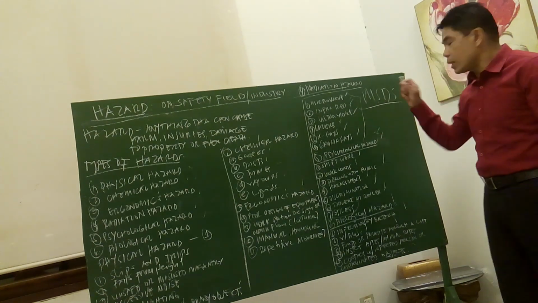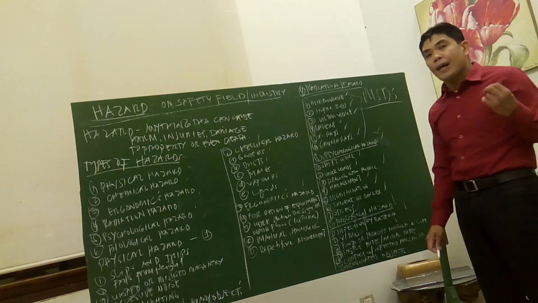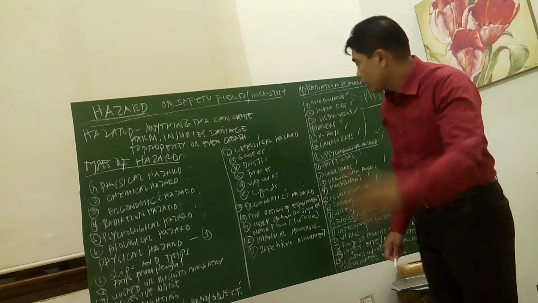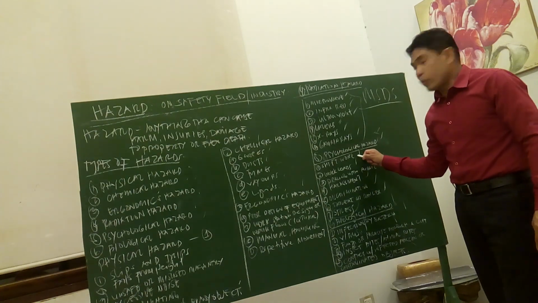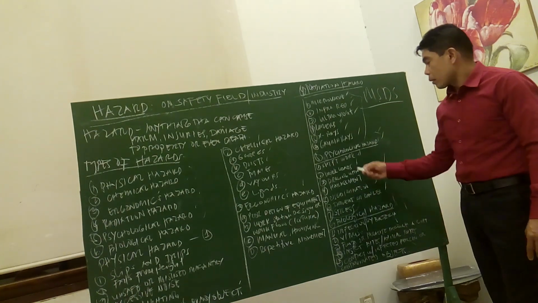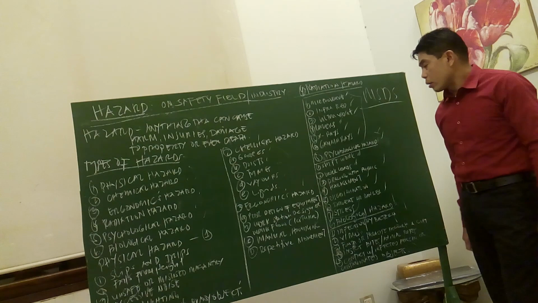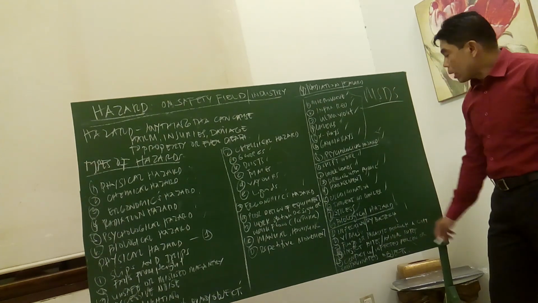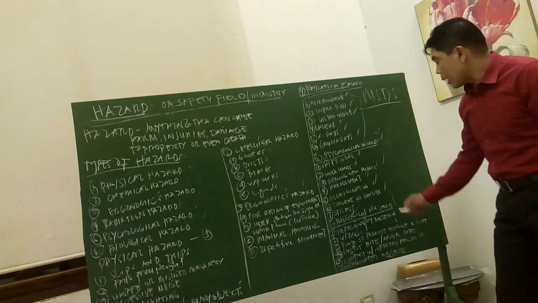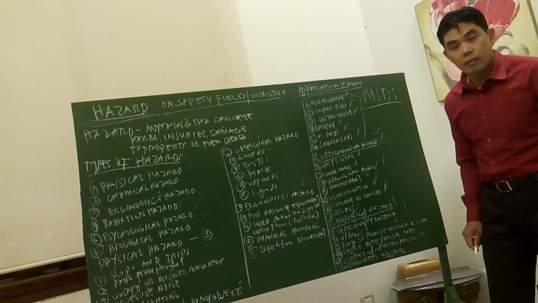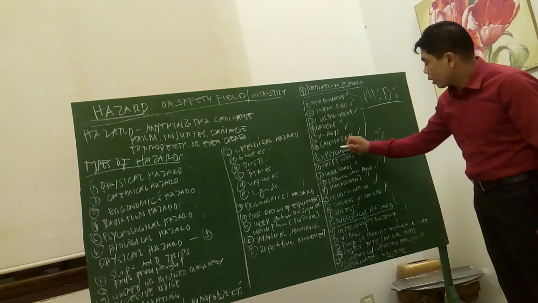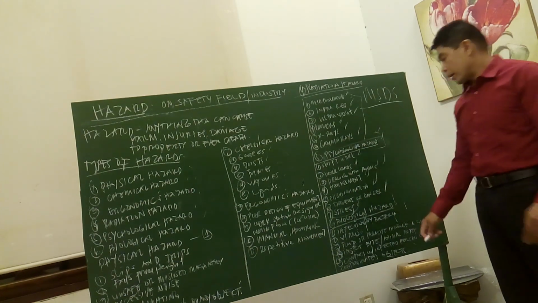Let's go to the psychological hazard. Psychological hazards affect our mind, our brain. Number 1, frequent shift work, overwork loads, dealing with the unruly public, harassment, discrimination, and threat or danger. And lastly, stress. This is the psychological hazard. And the last one, the